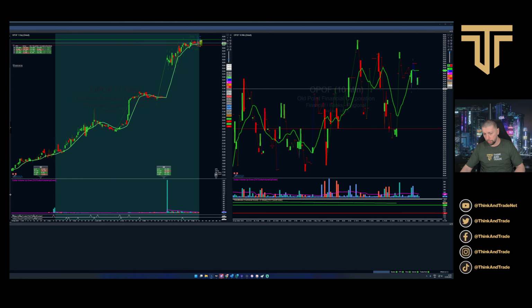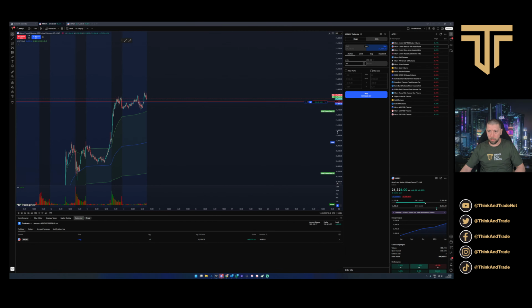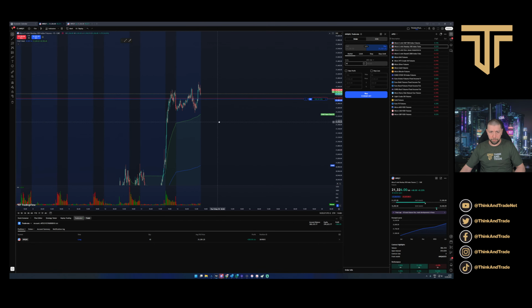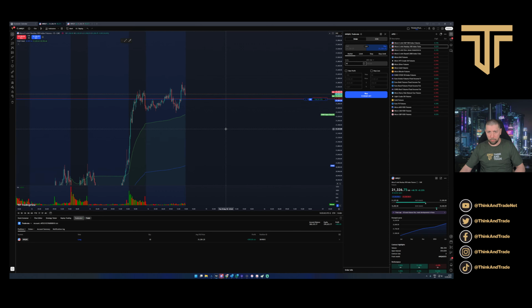Let me just check for a moment how my Nasdaq trade is going. We're still in a small profit here, so depending on what's going to happen within the next 20 minutes, I'm going to keep this trade open or I'm going to close it, because I don't want to risk